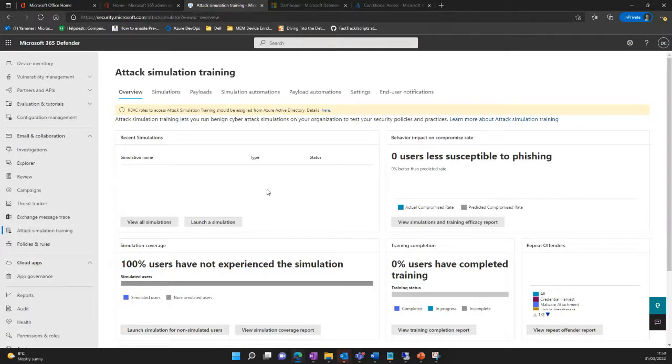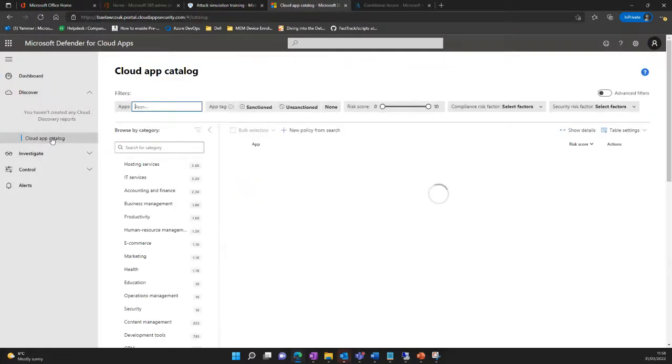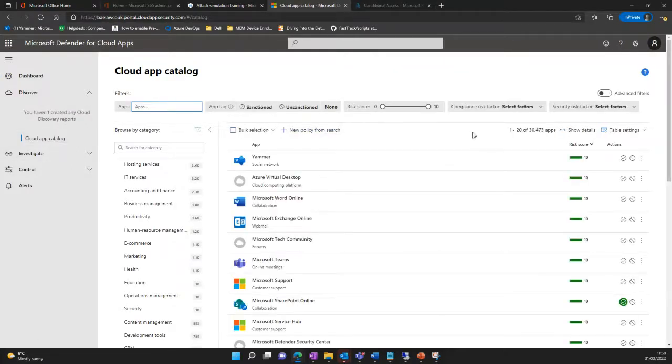Cool. So I wanted to show you that, and then I talk about this again quite regularly over our sessions, and that's Defender for Cloud Apps. Such a great tool. Let's step into it just now. Even with E3 licenses, you have the discovery element of this, so you can discover what cloud apps are being utilised in your estate. It also gives you access to your cloud app catalogue, which is now up to